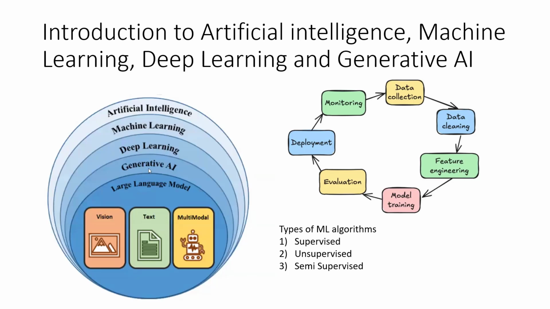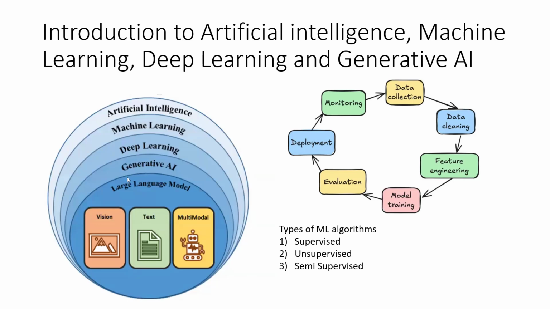And the next one is generative AI, generative artificial intelligence. This is a subsection of deep learning, as you can see in the diagram. Generative AI is nothing but a pre-trained model, meaning this pre-trained model has some generic intelligence because the model has been trained with publicly available data. And the objective of generative AI is generating. That is, the model can generate either text or video or images or audio, right?